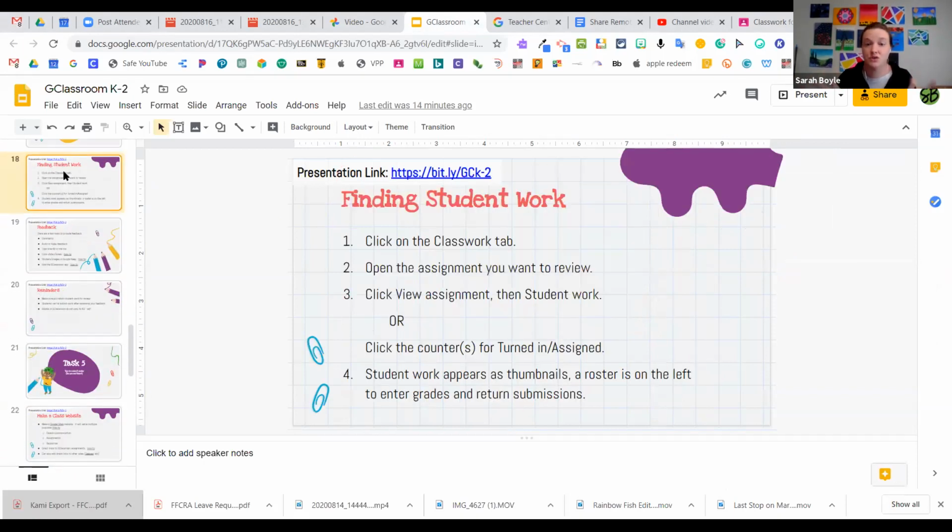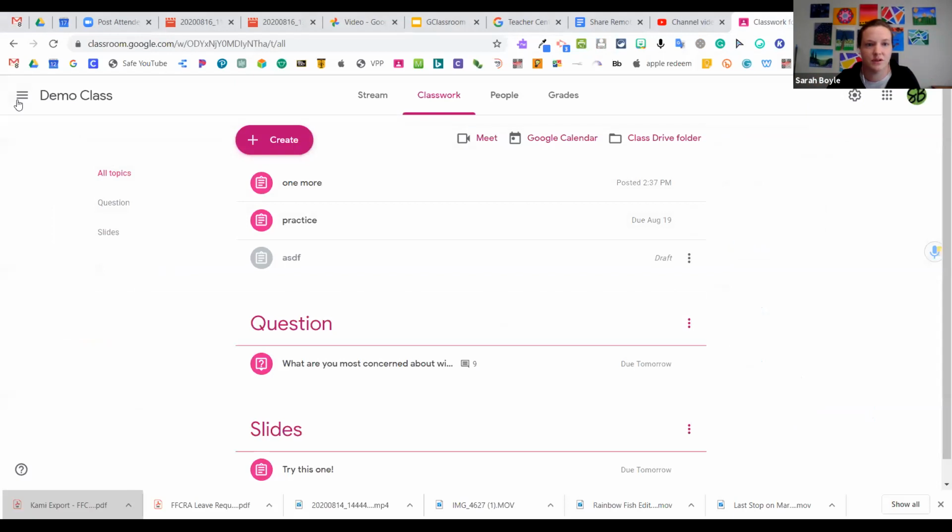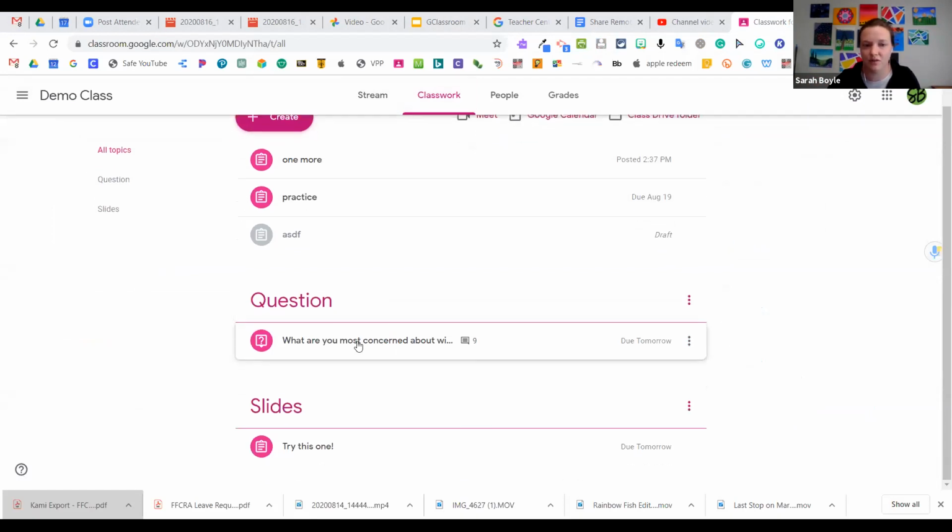To get to it, first we have to find out where it is. When you want to get to it, you go to your classwork tab up here, just like if you were creating something. You find the assignment that you're looking to correct. So I'm going to correct the one where you guys answered the STAR question. You click on the assignment,